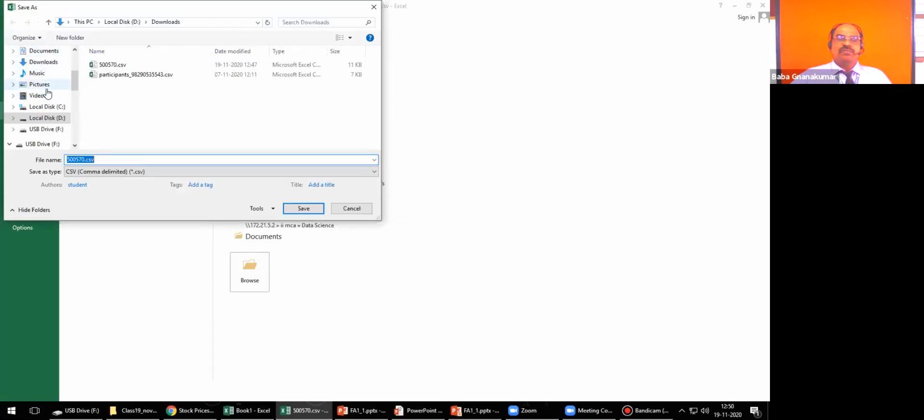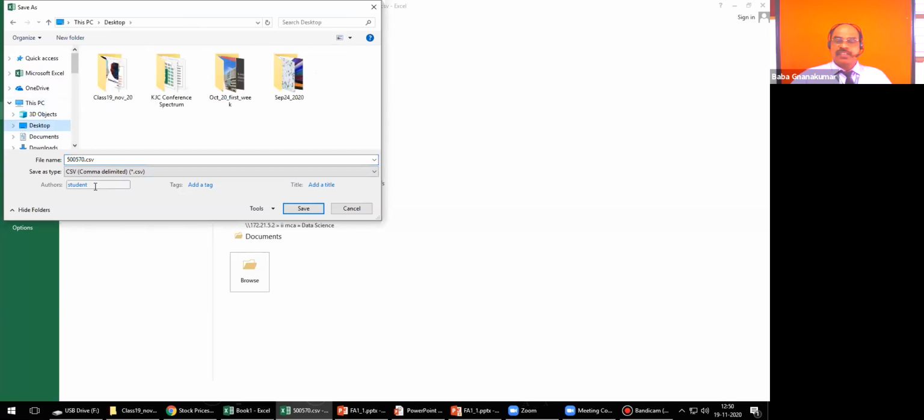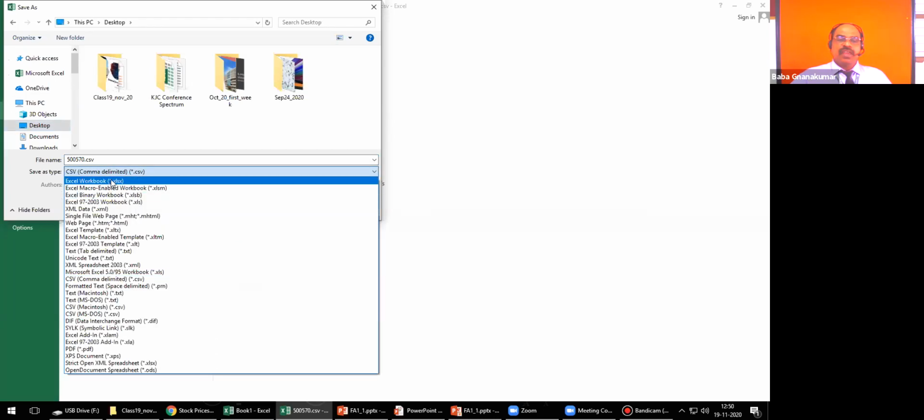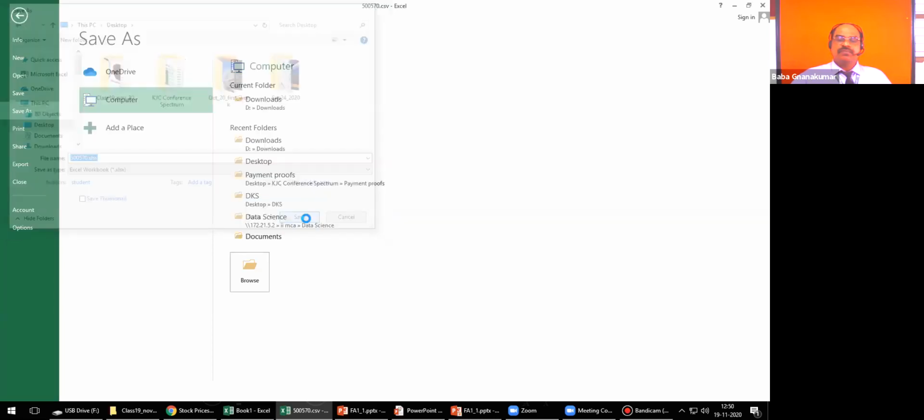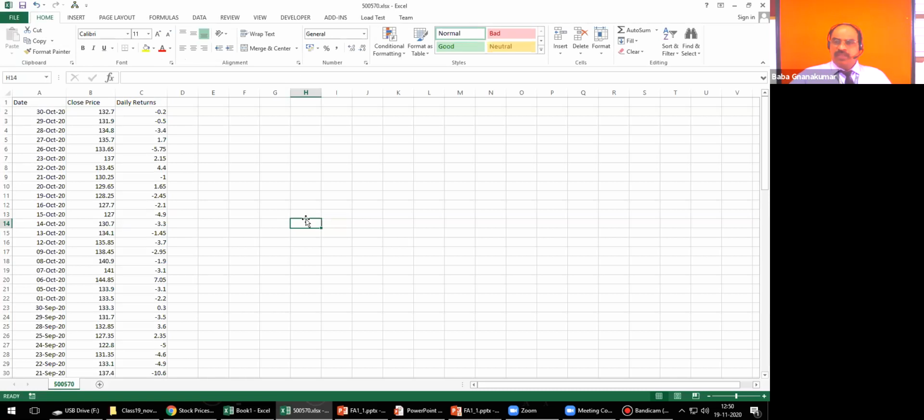Even though I mentioned it is in the CSV format, change the format to Excel workbook. That is a very important thing. Now the file is in Excel format.